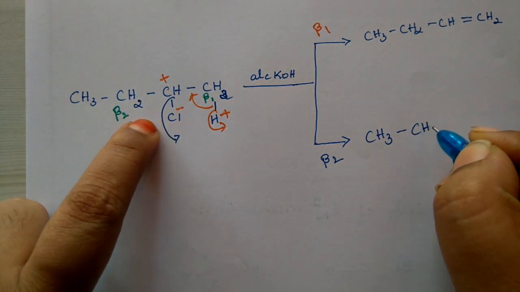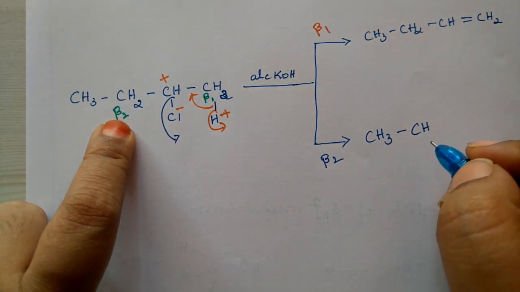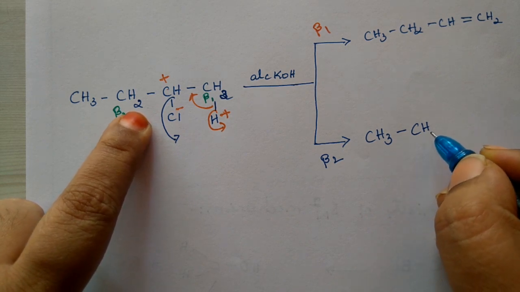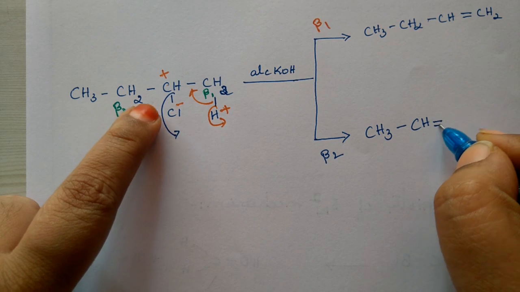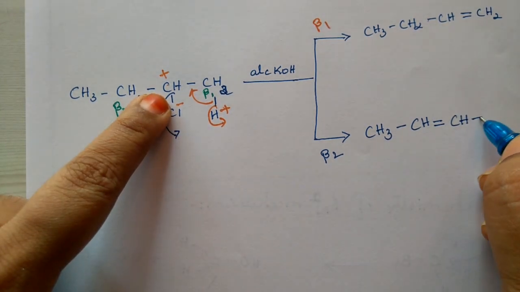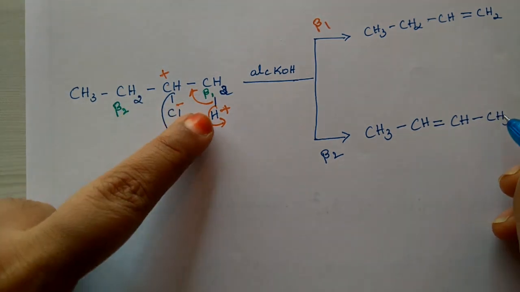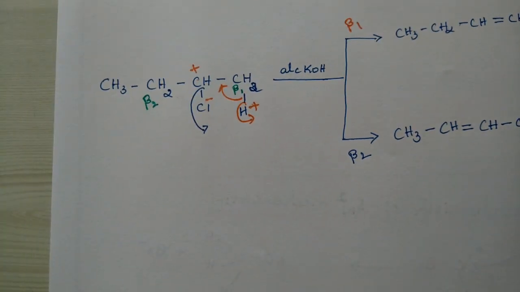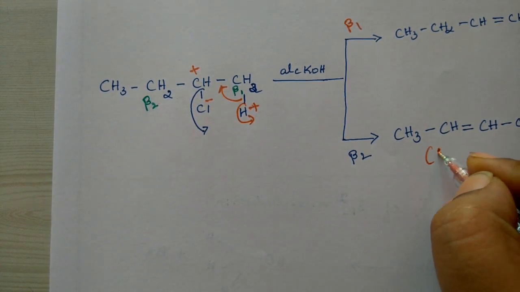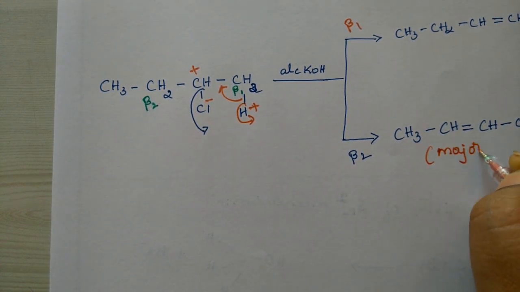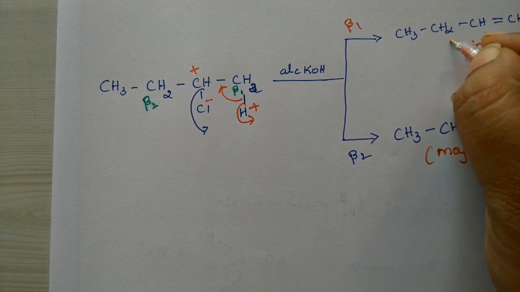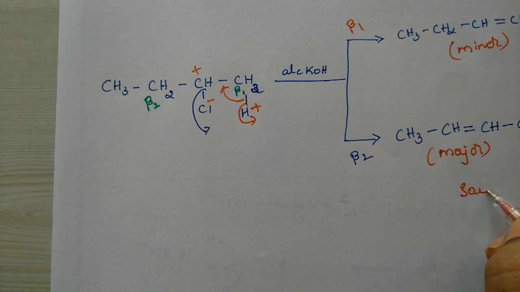So it is CH, one hydrogen you should remove from the beta carbon. So it is 2 CH2, so it becomes a CH, that's it. So a double bond between alpha and beta, halogen should be removed, and it is CH. So it is CH3 as it is. Clear? So this is the major and minor we should mention. This is the major product and this is the minor product. So this is according to Saytzeff's rule.